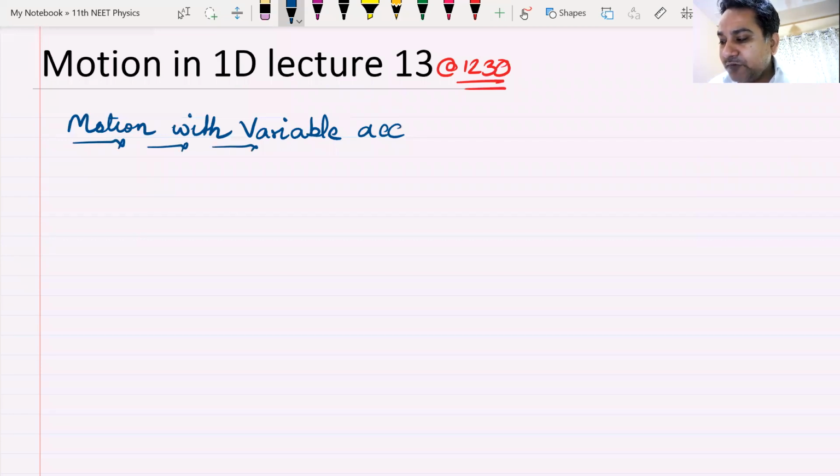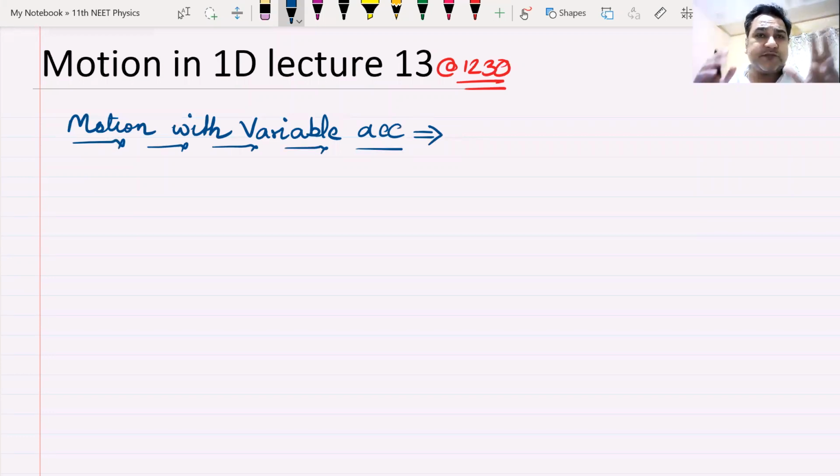Now, as I told you, if you can't write in the class with me, don't write. I'll be sending you this PDF. Just listen to what we are doing in the class and you can write your notes in good handwriting after the class. Up till now, most of the questions that we had done had constant acceleration, or the acceleration was 0. But now in this last section, we will be dealing with questions where the particle may have variable acceleration.